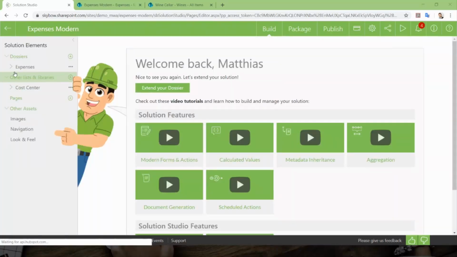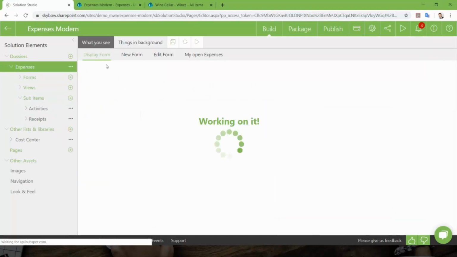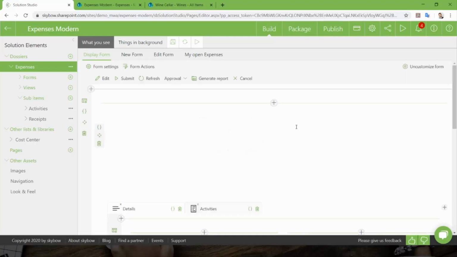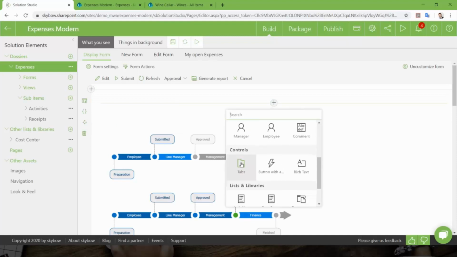So in here, we have that master detail section. And what we did is we just modified from that expense list the display, the new, the edit form, etc. The only thing for now I want to show you is how this will work. It's really similar to a modern page, how you're used to modifying modern pages. So you can add sections, 1, 2, 3 column sections. You can add fields to the form, tabs,